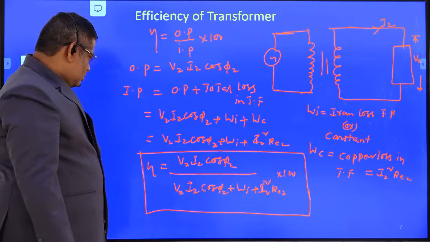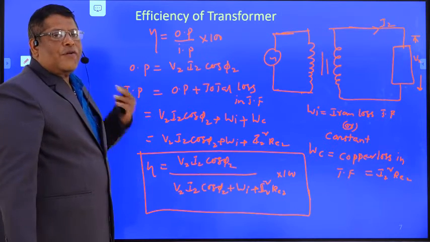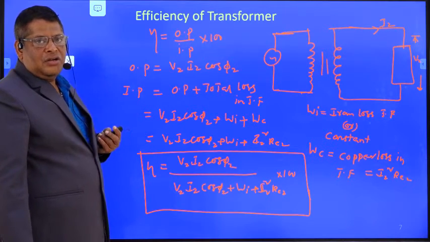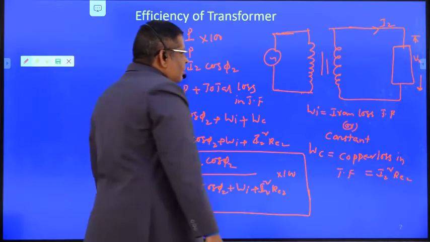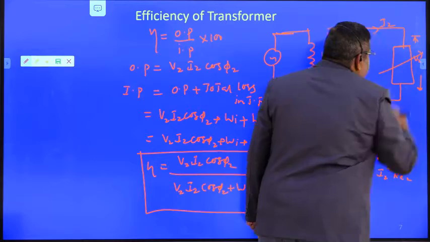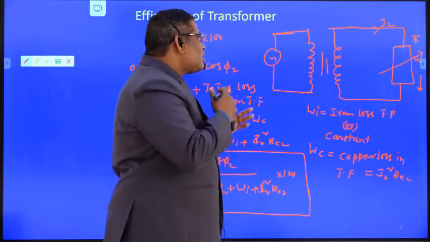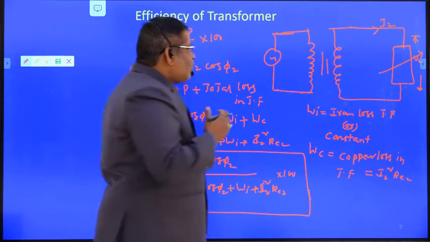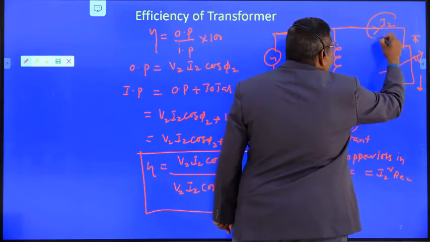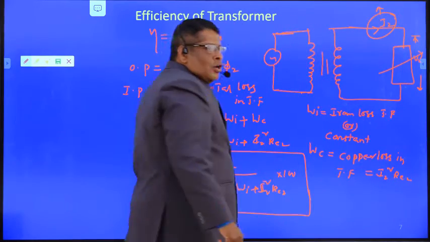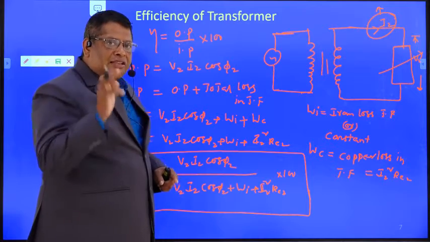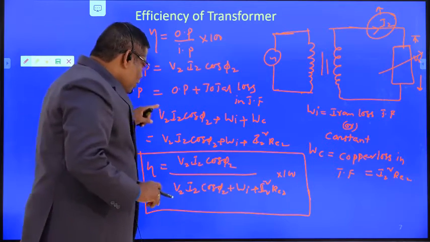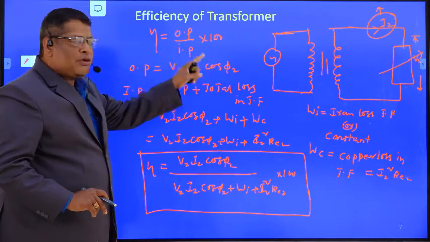Now here, suppose we want to find out how much load the transformer gives the maximum efficiency. To find that condition, see here, the load across the transformer is changing. As the load across the transformer changes, the losses in the transformer also change, and along with the losses, this current I2 also changes. Ultimately, the parameter changing is that as the load increases, the secondary current changes. Now we have to differentiate this equation with respect to I2 and equate it to 0.